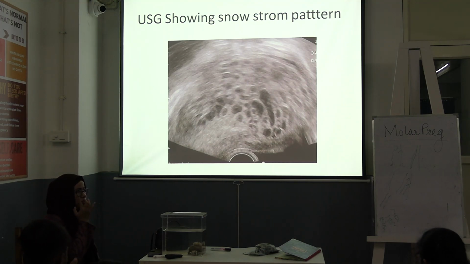Second, oxytocin. Earlier we used to give oxytocin whenever we were about to do suction evacuation. We would ask the residents to start oxytocin just 10 minutes before the procedure, so that bleeding can be decreased and there will be proper contraction of the uterus. But because of the effect of oxytocin, sudden contraction of the uterus, there was an increased risk of embolism, pulmonary embolism. That's why nowadays we also don't give oxytocin.